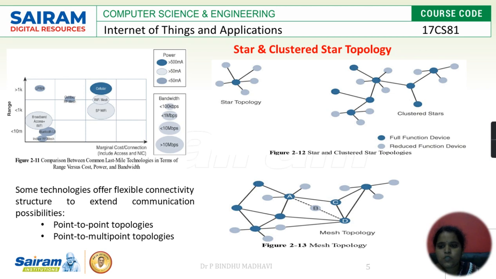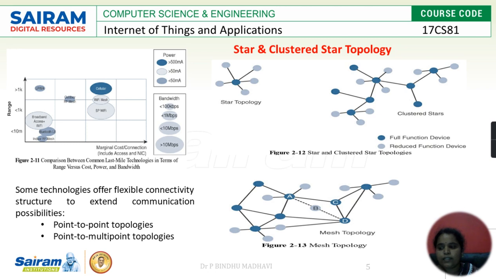Yes, the last one from this presentation is about the technologies. I have shown different types of ranges where you can connect within the network. In the same manner, there are some technologies that offer connectivity with a flexibility parameter. So there are different types of possibilities for this communication, right? We know all the topologies, like point to multi-point technologies and all.